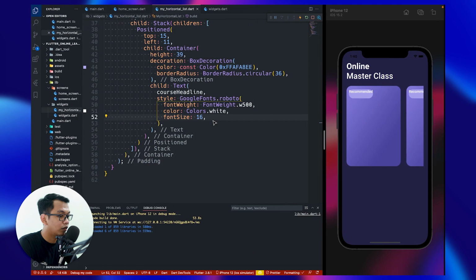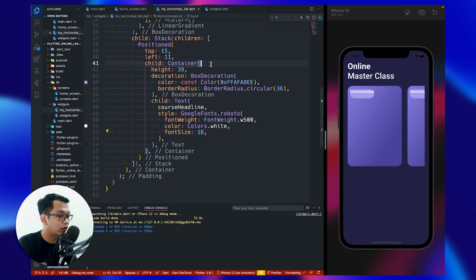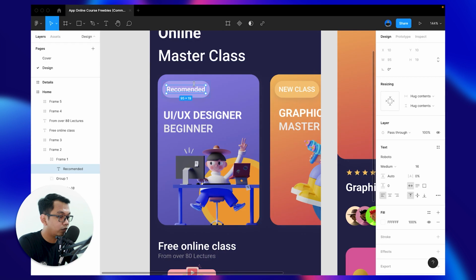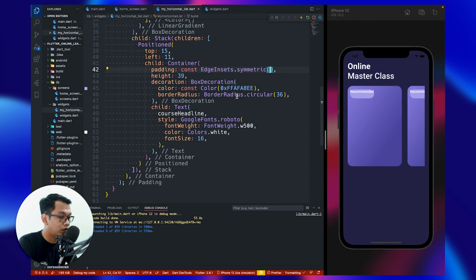Okay, and inside our container we can call padding, and we see, I think not symmetric, but all 10. Okay, look like this, awesome.